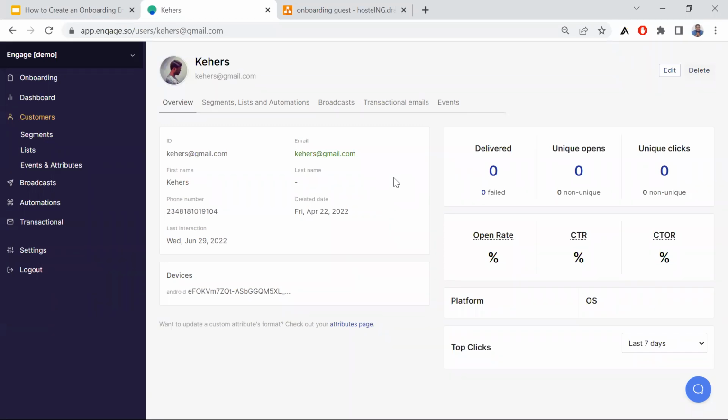Now, what Engage does is that when you are joining Engage as a business, that data, that information that is already in your database, you send the most important ones to Engage. Remember, that's why it was important for us to look at our customer journey and identify the key touch points, because it is not all of your customer data that you need when building your onboarding email campaign. You don't need everything. You just need the key touch points that are very important with relation to your product. So that aside, as you can see here, this is the customer attribute for this my customer on this my demo account. Now, if I click on events,